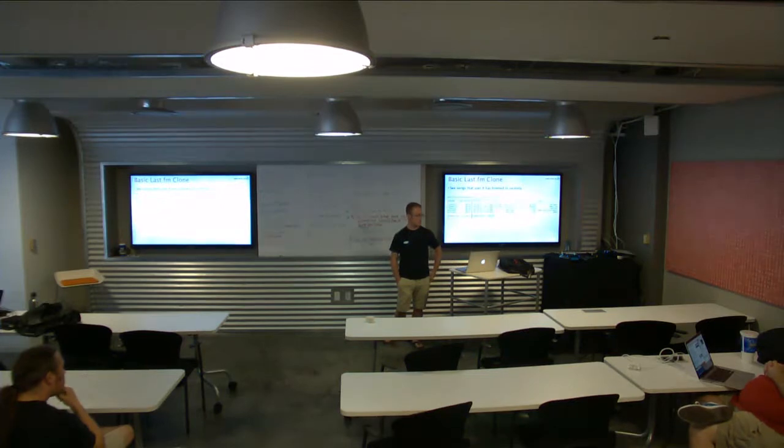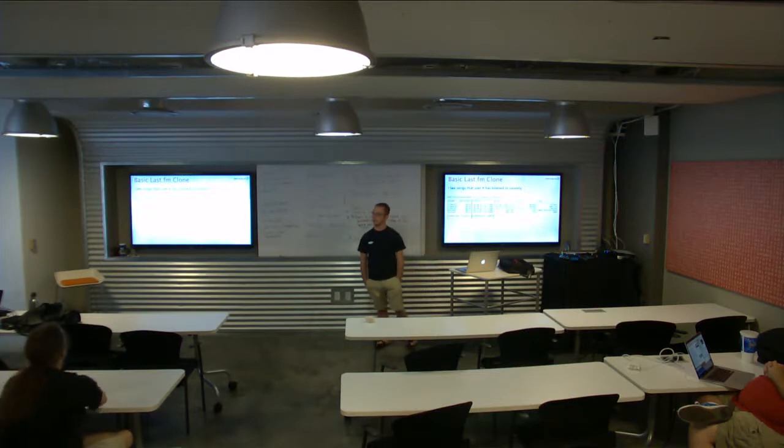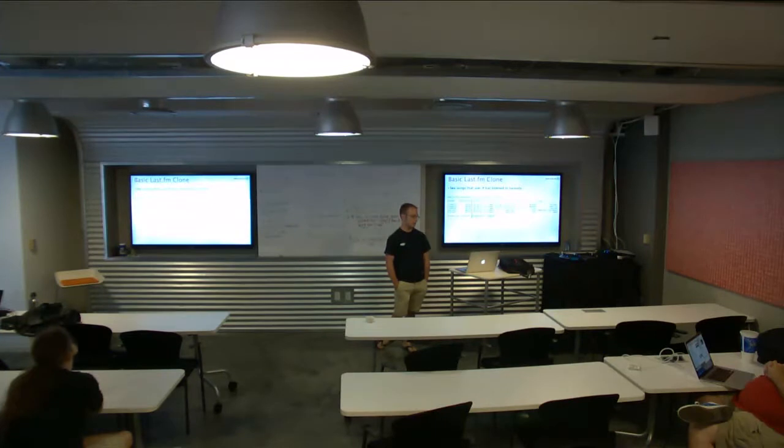So this is copied and slightly modified, but mostly just copied out of the demo I'll give later. But this is an example of running a select query from the Cassandra SQL shell. You wouldn't want to do select star on a live database, obviously, but it worked for these purposes. And here you can see kind of